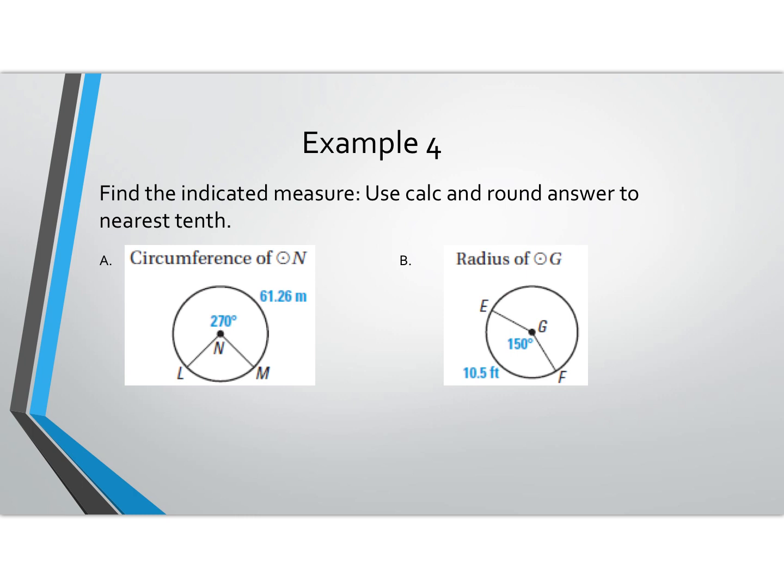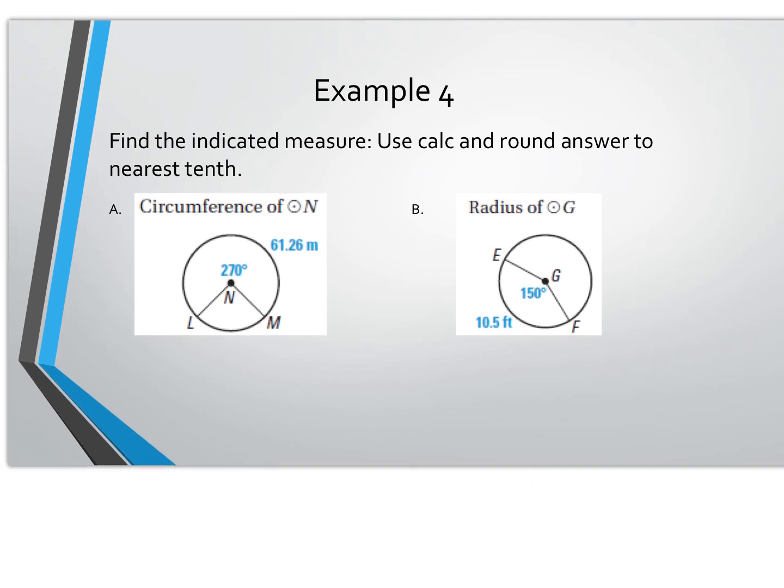So here, for example, find the indicated measure, use a calculator, and round to the nearest tenth. So when they say use a calculator, then they want you to use pi and rounding to the nearest tenth. So again, they want to know the circumference of circle N. Well, once again, we know ratio-wise, we're going to do 270 over 360 equals the arc length over the entire circumference. So once again, this is 3/4, and we're just going to do the math. It's going to be 4 times